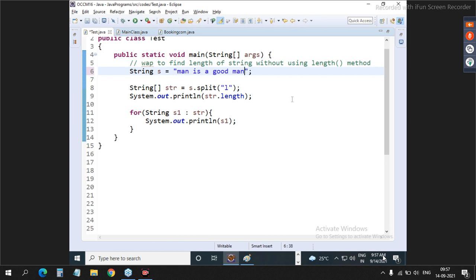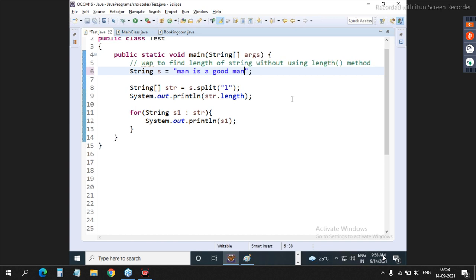Man is a good man. I want the occurrence of every word. I'm not saying occurrence of every character. I want occurrence of every word. How many times is man present, is present, a present, good present. Is my point clear? Note down the question.